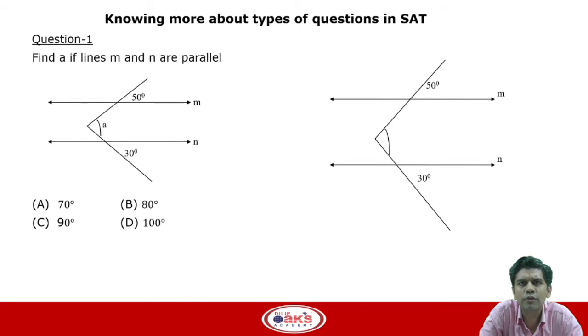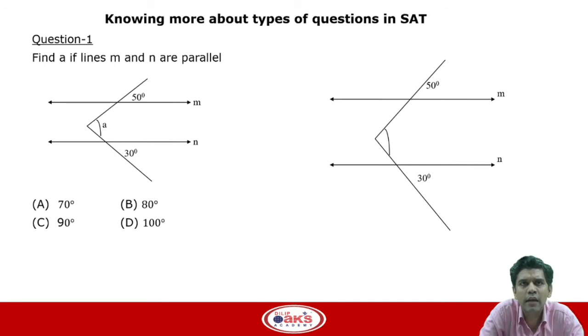Now, let us look at two types of questions which are asked in SAT. The first type of question I am going to discuss with you is multiple choice. That is, a question, as you can see, is followed by 4 options, of which only one is correct. As you can see on the screen, to the left side there is a diagram and a question asked. On the right side there is a solution. We will discuss the solution after we read and understand the question.